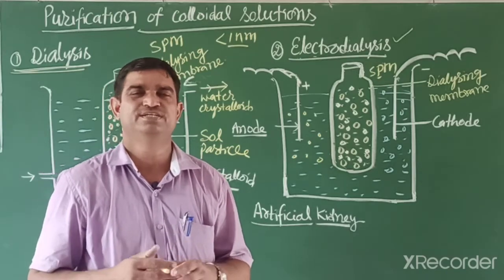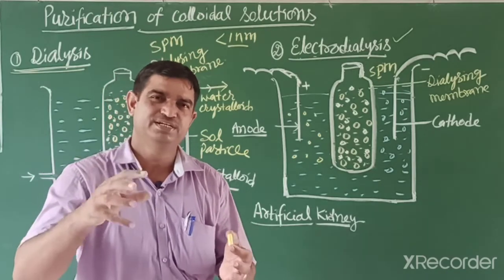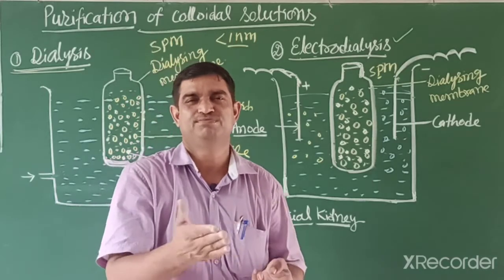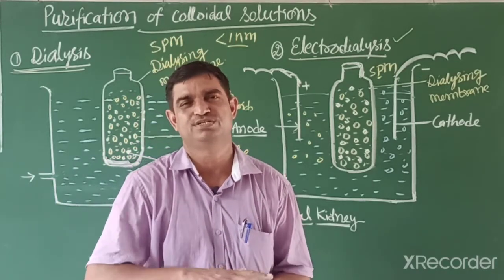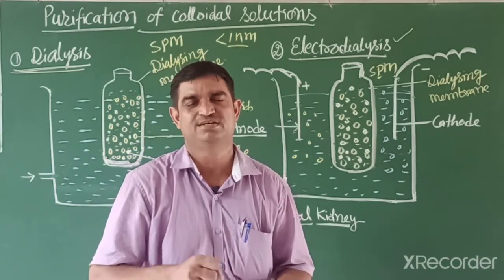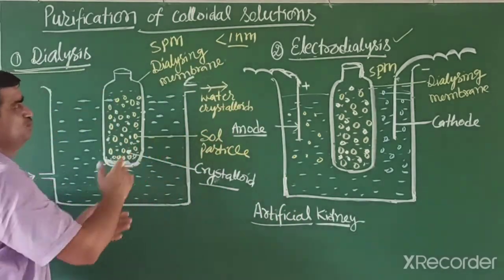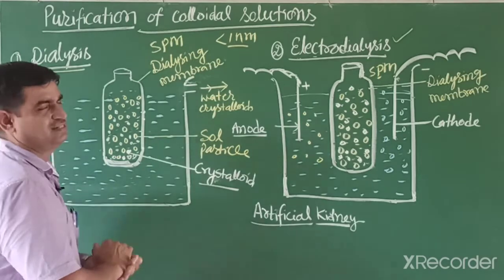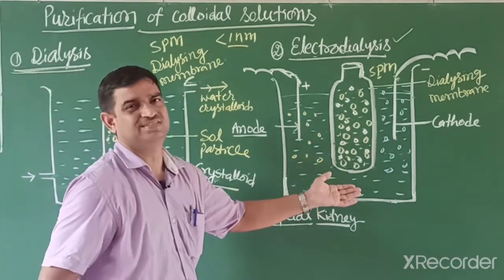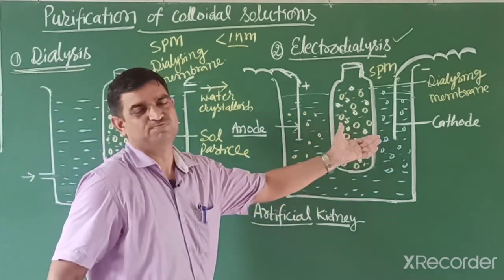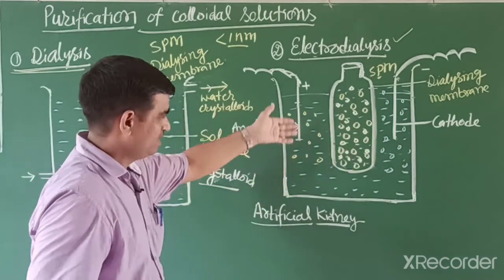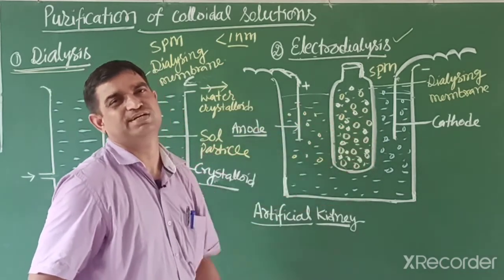When the person's kidney is not working properly, or the kidney has stones, the filtration process stops and the person gets very irritated. So the person is taken to a dialysis machine. In this dialysis, like electrodialysis, they apply the first process, and by this process purification of blood can occur.